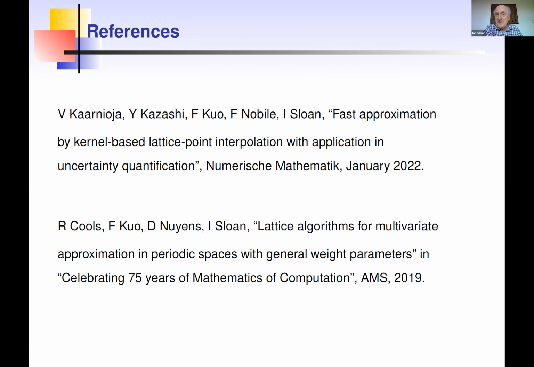Yoshihito, hello. I have a question on the product weight result that you said you did with Vesa and Francis. Which part of the bound depends on S or dimension? Well, the constant. I mean, well, of course, which part of it? So the constant in front of the power of n. But if you allow the constant dimension dependence on the constant, why can't you just, if every weight is 1, then don't you still have, because you don't have to care about the solvability, it seems. And if you don't have to care about the solvability, then